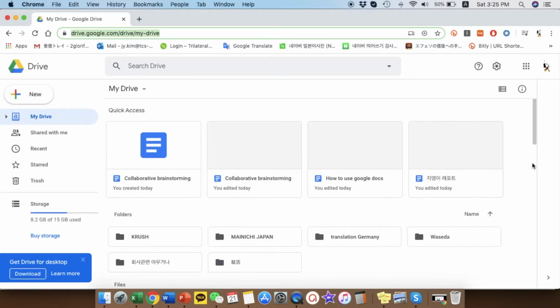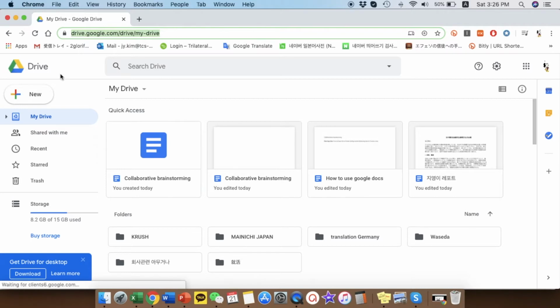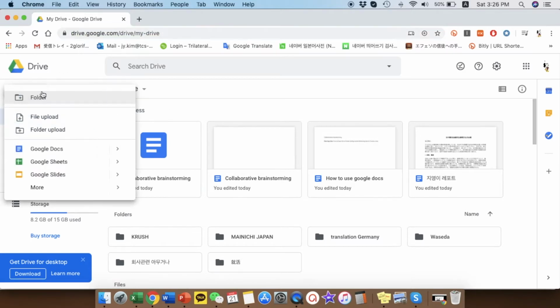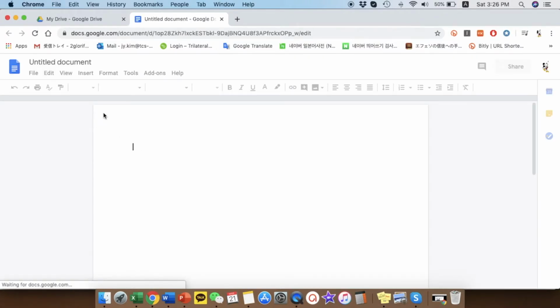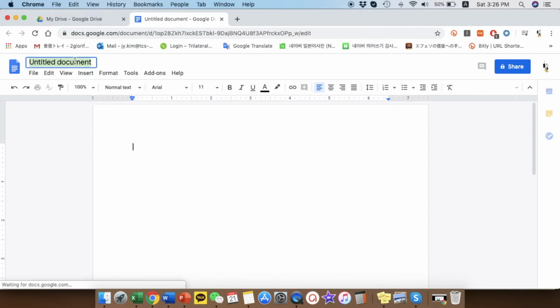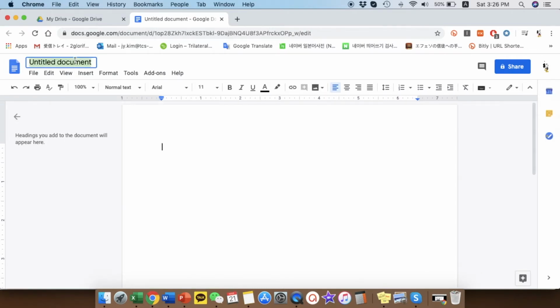And if you are taken into this Google Drive page, you want to find New and click it. And there you have many other choices, but what we are focusing on today is Google Docs. So click Google Docs, and that'll create a whole new untitled document of Google Doc. And before anything else, you might want to give it a title so that you can find the document rather easily later. I would say this is a Google Doc for